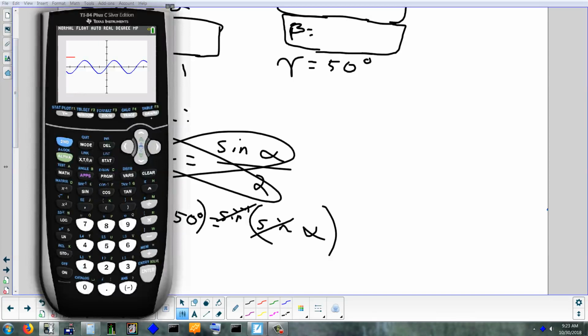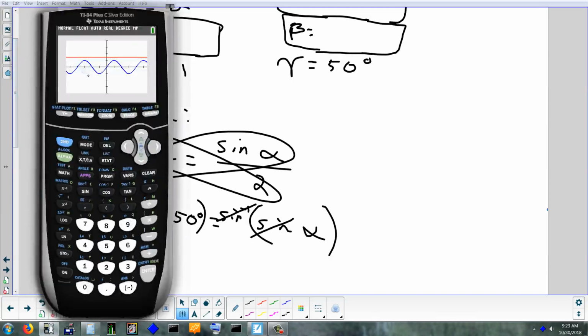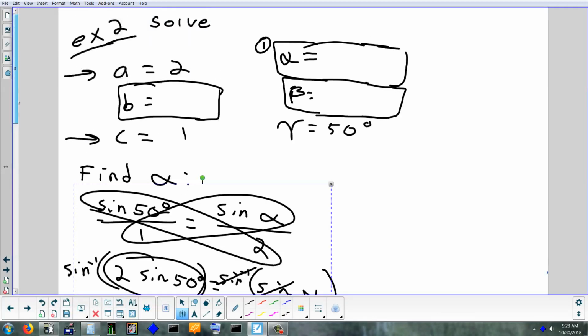So when you try to do inverse sine of 2 sine 50, you're basically asking the question, where did the red line and the blue wave cross? No, they don't. This value is too high to take the inverse sine of. It has to be between -1 and 1, and it's not. So that means that there is no solution for alpha,